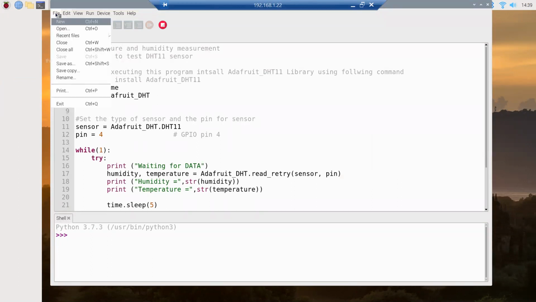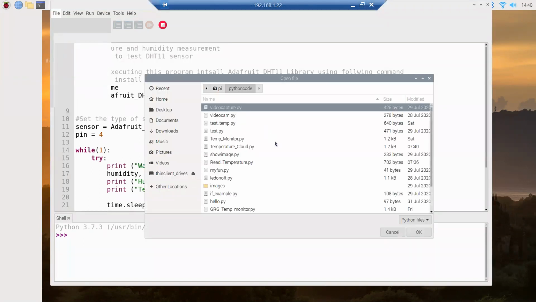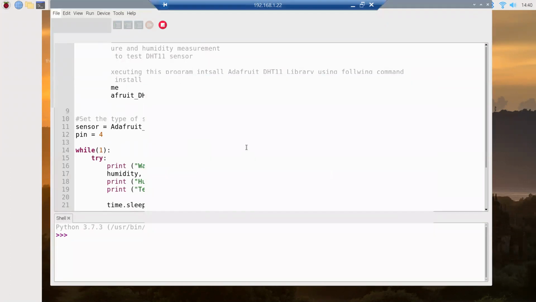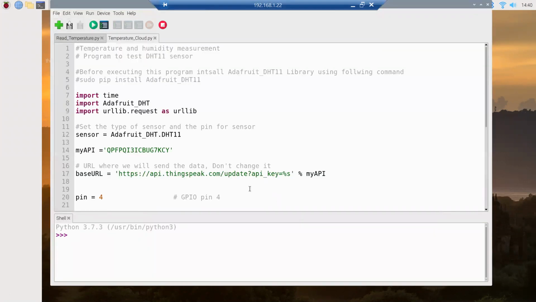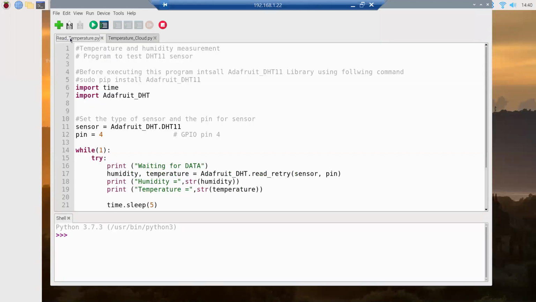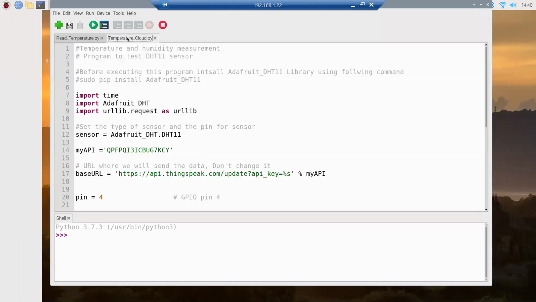So I have to open the program. We are adding some more statements in this program to send the data to the cloud.